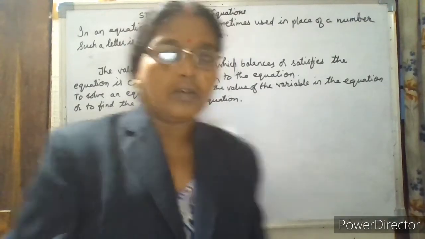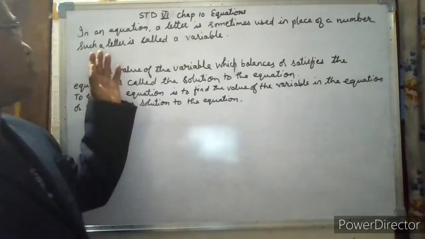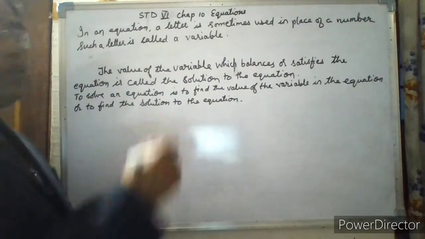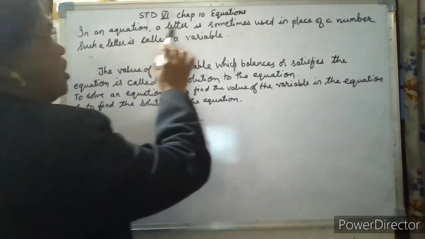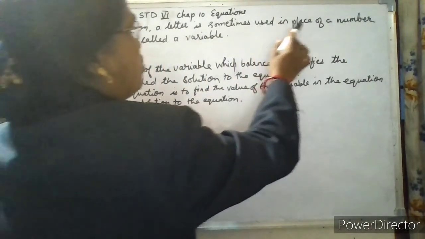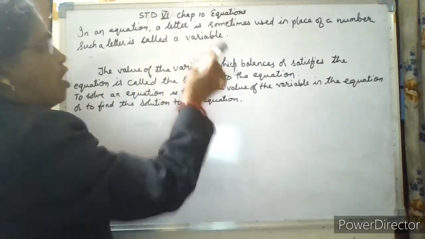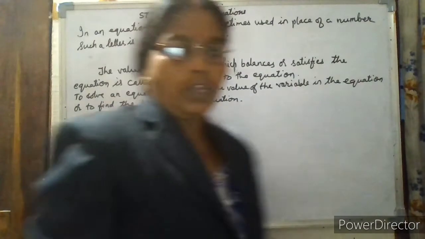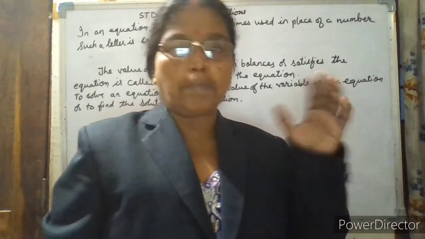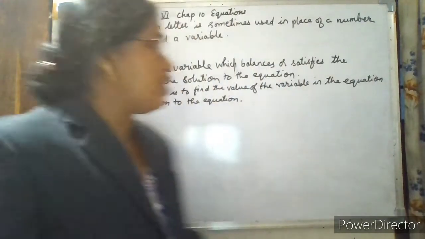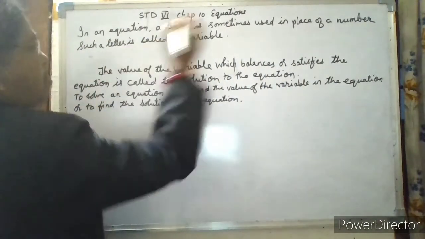Now next topic, see, we are going to learn about variables. What is a variable? In an equation, a letter is sometimes used in place of a number. Such a letter is called a variable. So in an equation, sometimes in the place of numbers, we use letters. For example,